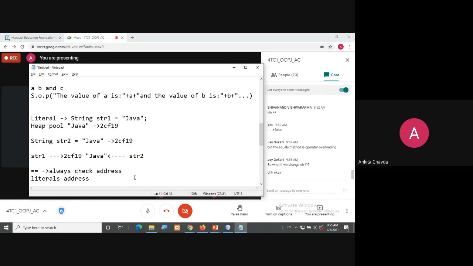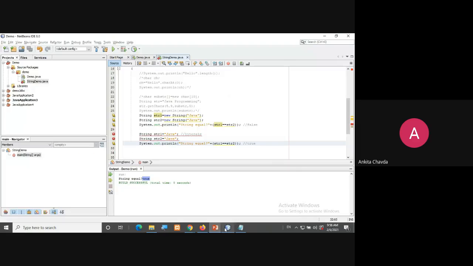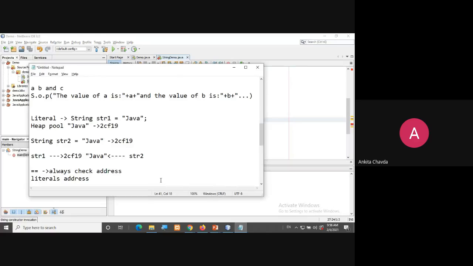So the first time I have written this Java with string 1, it has the same memory address where string 2 is also pointing, because this Java is actually in the heap pool. So they both have the same address, and they give me true with the use of the equals operator. But the reverse case, when I'm using the new operator, it will allocate new memory.